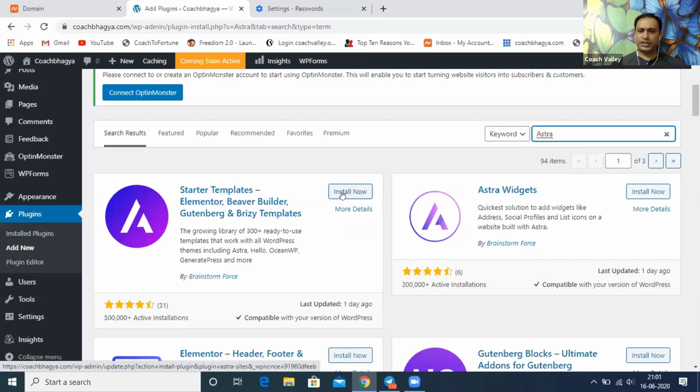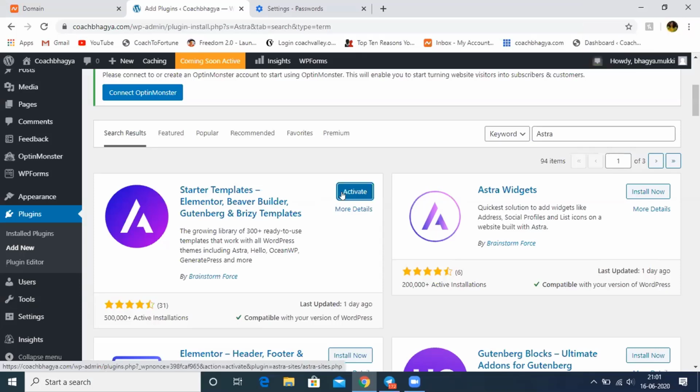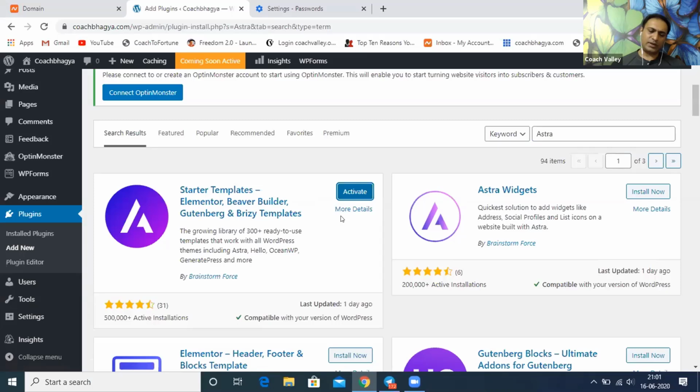Go ahead and click on install. Now we are installing a plugin called Astra. Astra is like a theme market. There are some paid themes and some free themes. We'll only be selecting the free themes now, so don't worry about it. For now, just install it and click on activate.